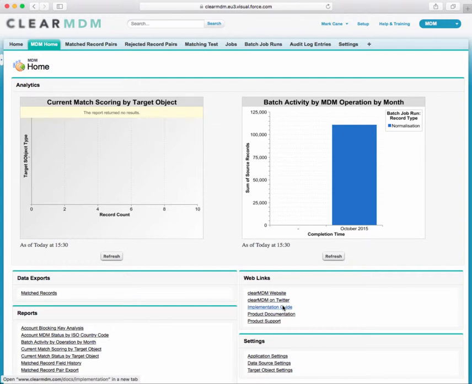clearMDM is a master data management tool built natively for the Salesforce platform. When it comes to master data management solutions, there are two typical primary areas of functionality. Firstly, master data management itself, and in that respect, we're talking about deduplication, identification of a master record, maintaining relationships